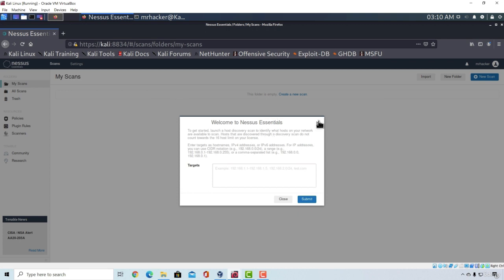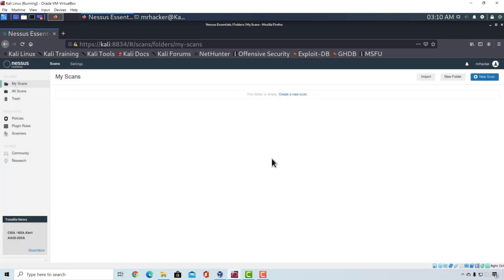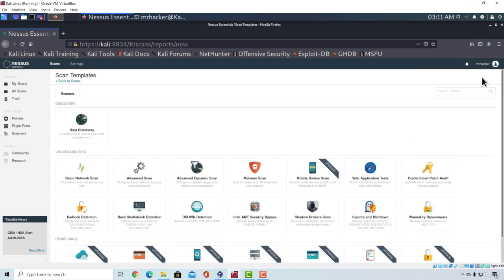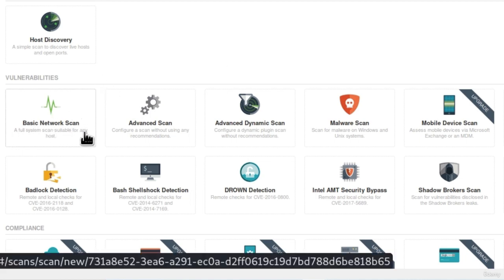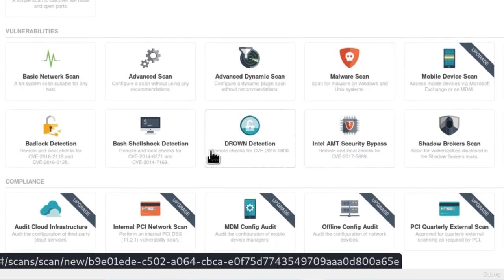So we can click right here on this X button just to see better this page. And all we want to do from here is go to the new scan button. Right here, we will see all of the available options that we can do for our scans. So we got basic network scan, as it says a full system scan suitable for any host. We got the advanced scan, configure a scan without using any recommendations, and we got a bunch of the other